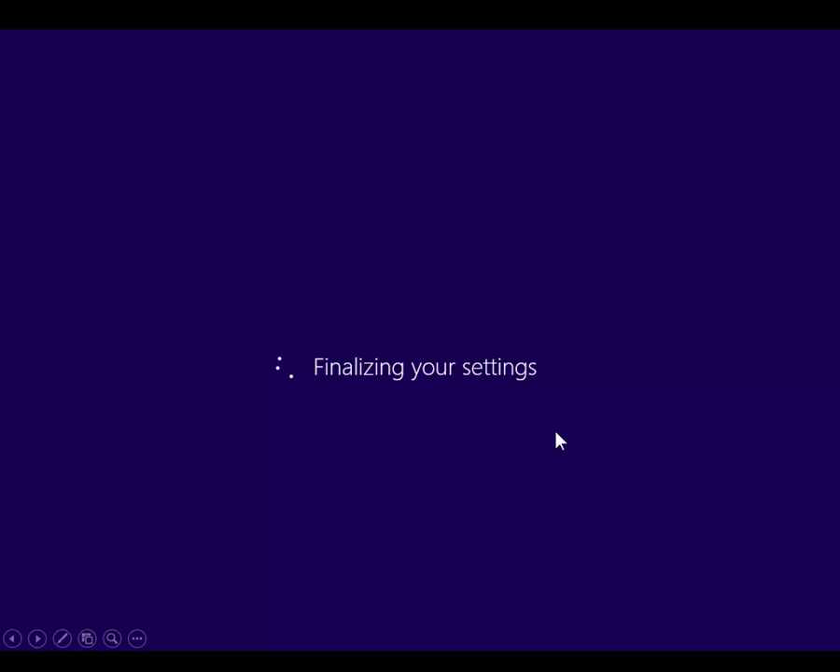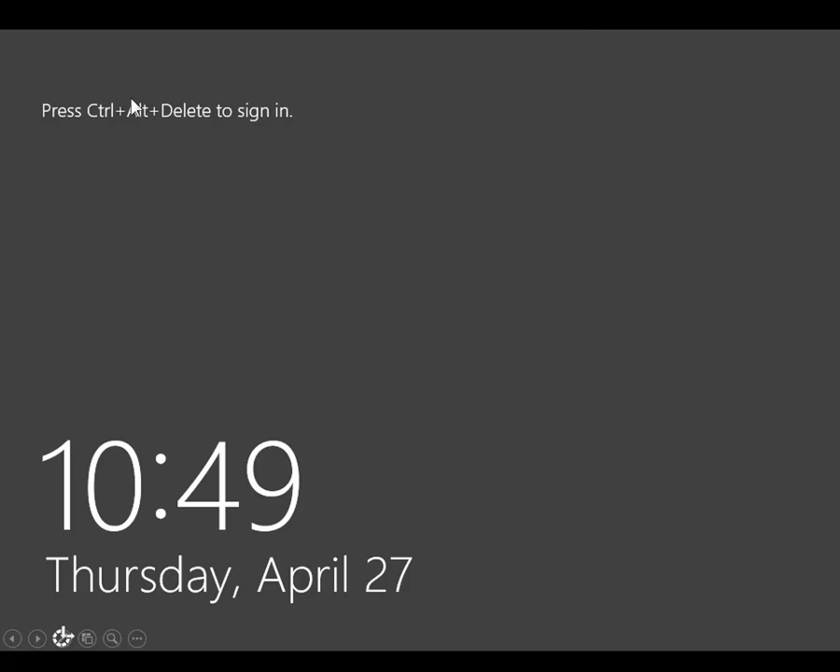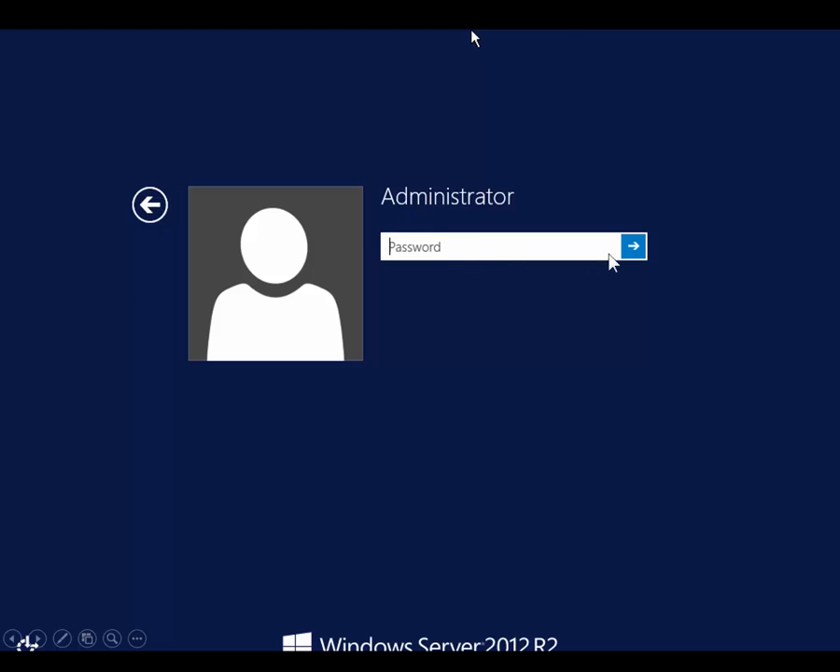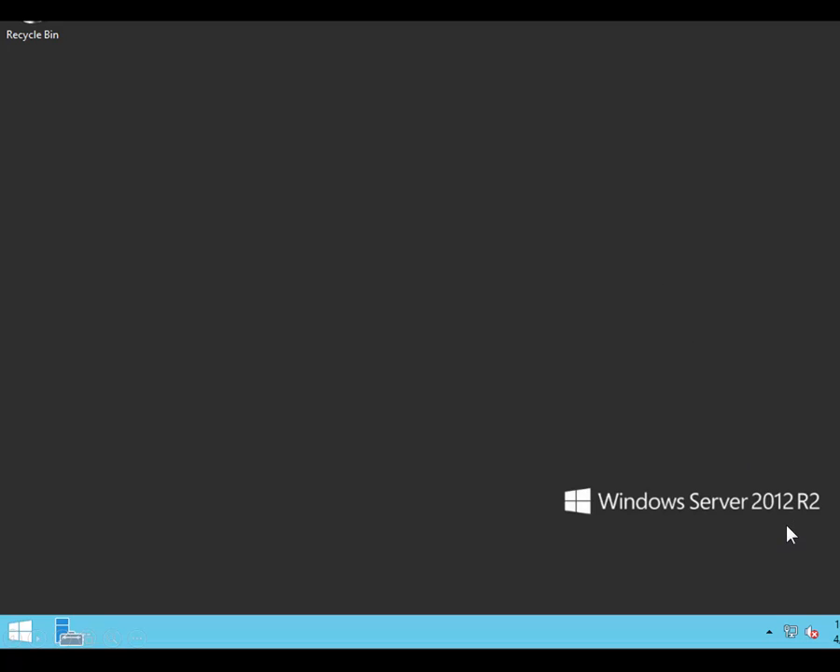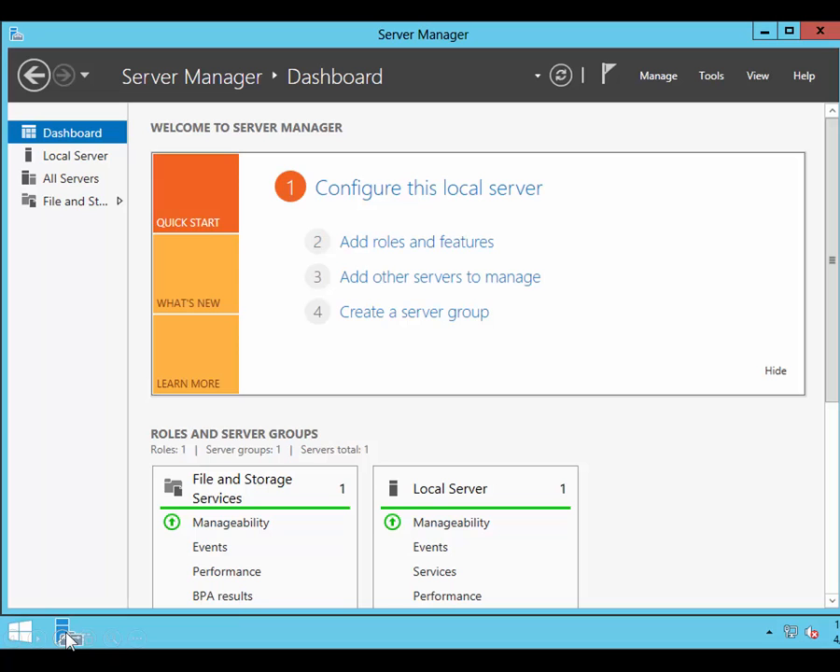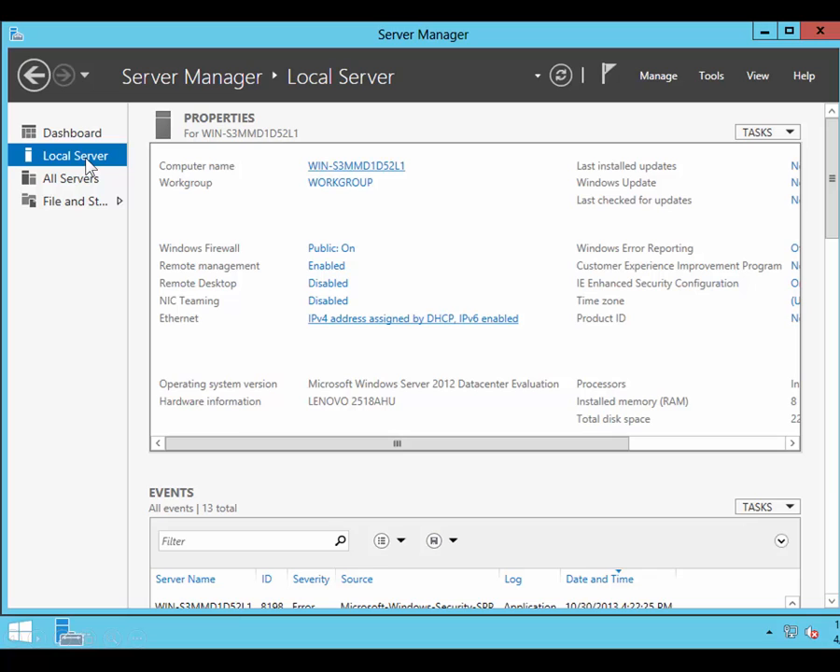It tells me it is finalizing my settings, and now to log in, all I have to do is hit Control-Alt-Delete. So I press Control-Alt-Delete, and I type the administrator's password, and it tells me welcome, and I am now logged into Windows Server 2012. On the bottom left-hand corner of the taskbar, you will see the Server Manager icon. If I click on the Server Manager icon and then click on Local Server, I can see that yes, Windows Server is installed, but it is using a randomly generated computer name,